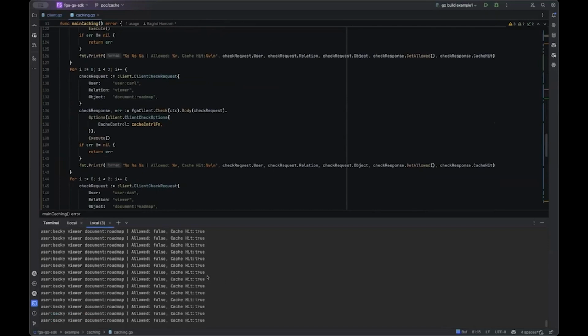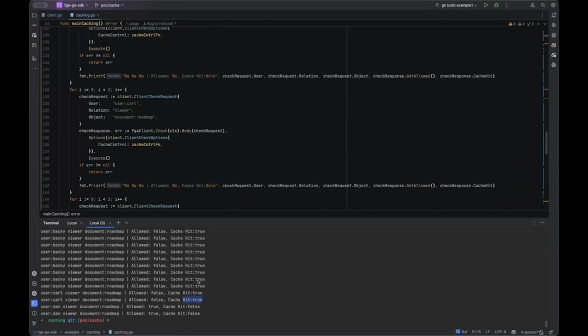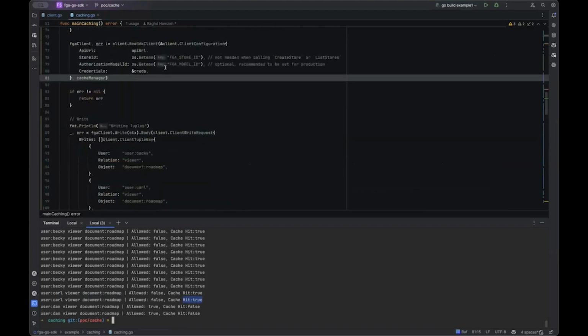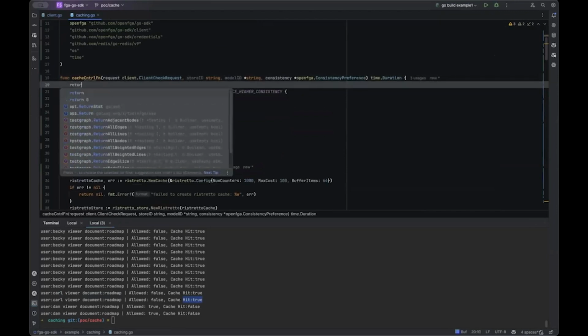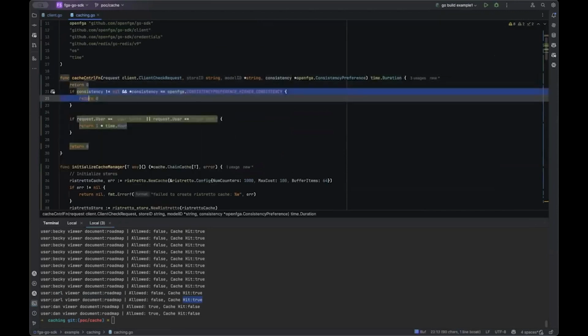Yeah, you can see almost everything was cached. You will notice some things like Carl were also cached. Why? This is because I ran this a while back, less than an hour ago. So this is coming from Redis, not from the internal cache. I can show, just to illustrate how this would be different,